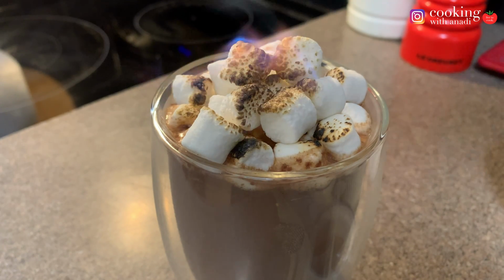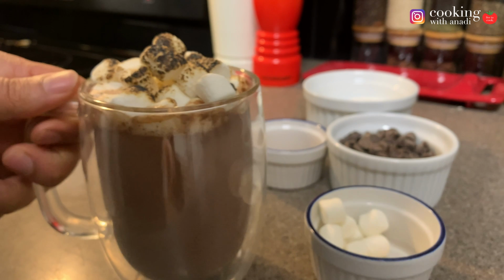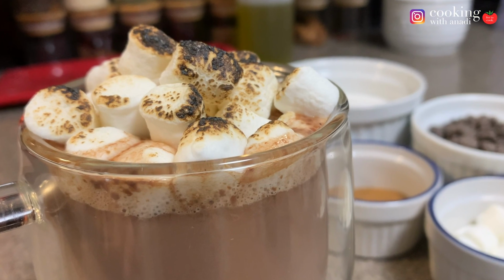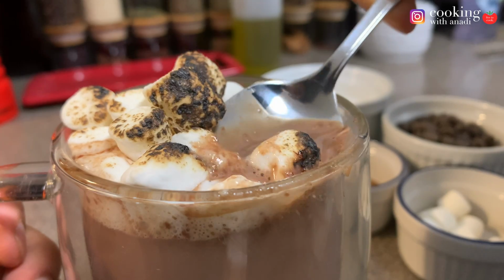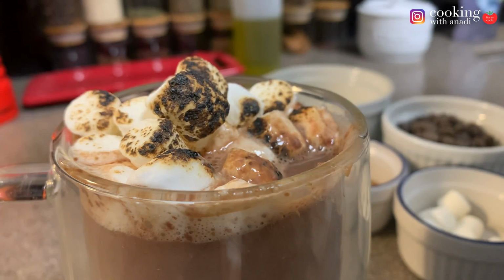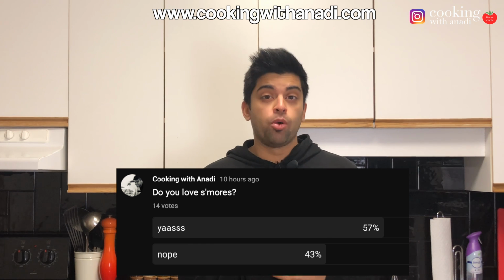There's no better time than right now to reach for this s'mores hot chocolate. Combine these roasted marshmallows, the summertime favorite, into your winter drink, and let's have some fun. The full recipe is on the website for you to enjoy,